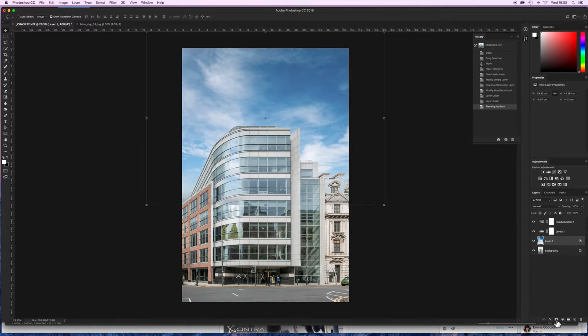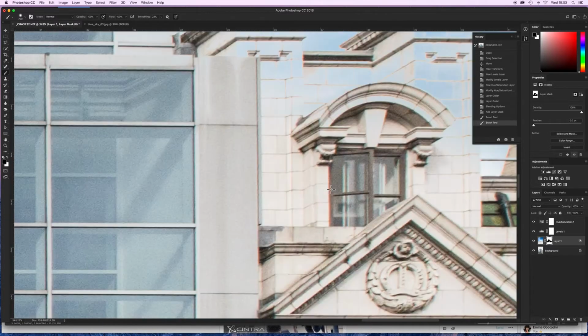So quick layer mask, the brush tool, set to black, and we can brush those little imperfections in. The sky started to show through on some of the lighter parts of the building. There we go, and just zoom in a fraction here